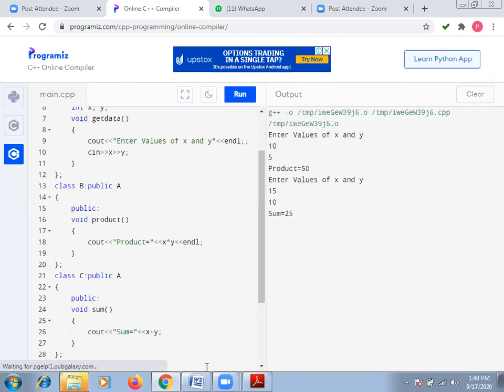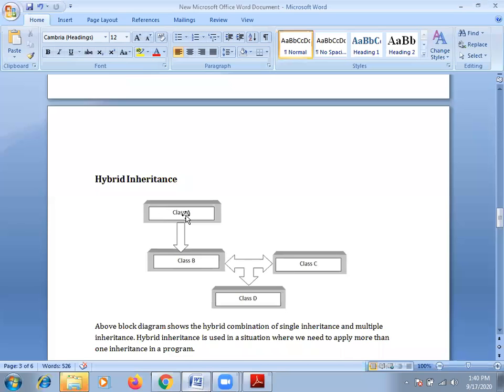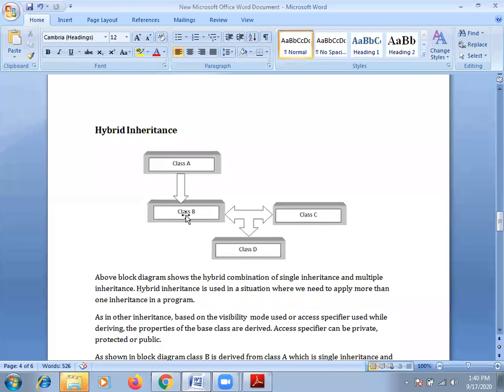Now the next point, that is hybrid inheritance. So hybrid inheritance means what? So far what have we seen? Single inheritance. After that we have seen multiple inheritance. After that we have seen multilevel inheritance, and now we have seen hierarchical inheritance. So four types of inheritance that we have seen. So while solving any example,